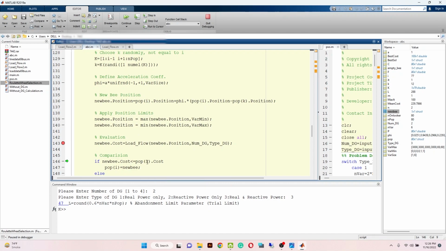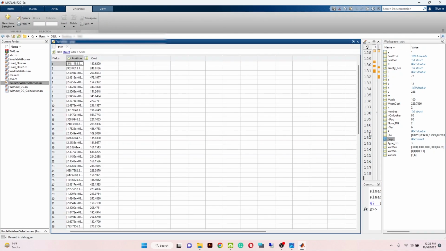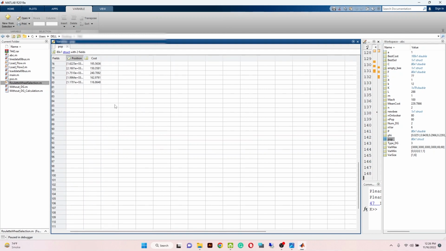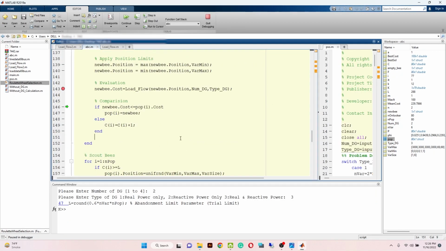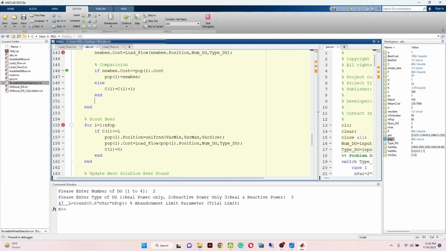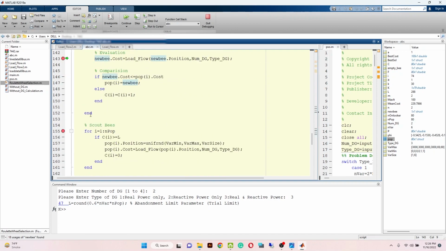Okay, now let me move the cursor to the population, and the cost population, and then okay, now we are at this point. If we get better numbers, then we have to replace this. And in the next step we have to get into the scout bees, and then scout bees will find